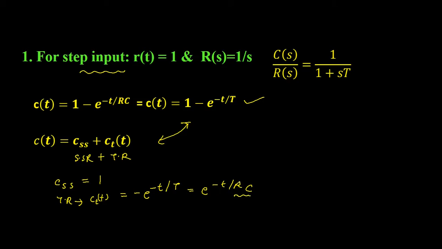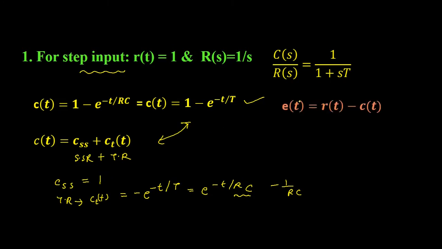So from this equation we can see that the transient term is completely dependent on the values of R and C, and thus the rate of exponential decay will be completely dependent on minus of 1 upon RC, which is the pole of the system. But the values of R and C will not affect the steady state part, because this steady state response does not depend on the values of RC.